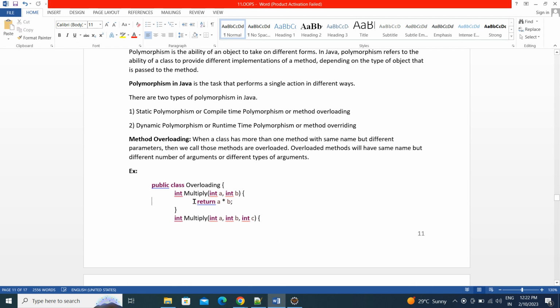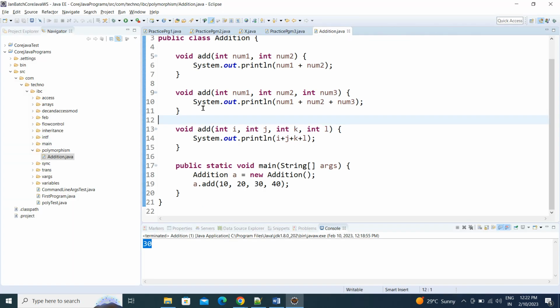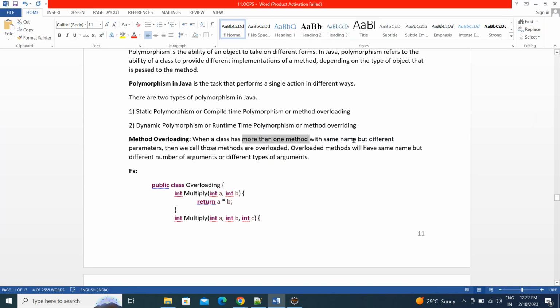Okay, now see the definition. Polymorphism is of two types: static polymorphism and dynamic polymorphism. I'm explaining static polymorphism, or compile time polymorphism, or method overloading. Now read this point. When a class has more than one method with the same name,